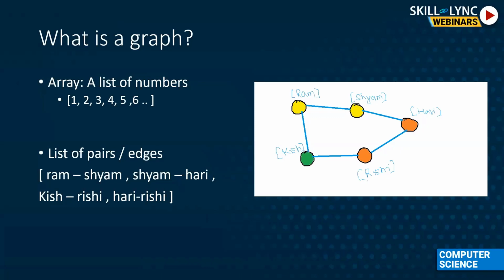For example, in this graph, as I'm showing you to the right, you can see that there is Ram and Sham and Hari, and there are so many nodes. I'm naming all these nodes with the name of a person, and you can see all these edges that are there in the graph. You can represent the graph as the set of edges. That's it. This is a very simple introduction of the graphs, but this is so powerful that it can solve very interesting problems at the end.